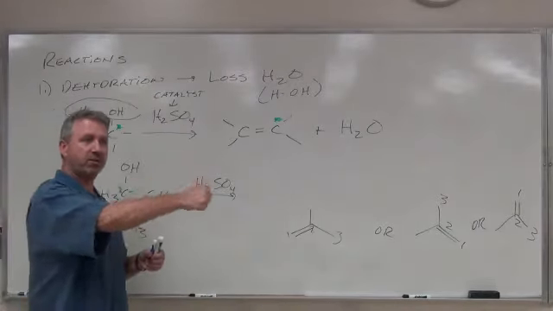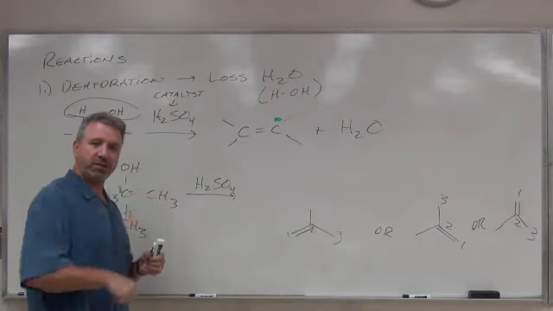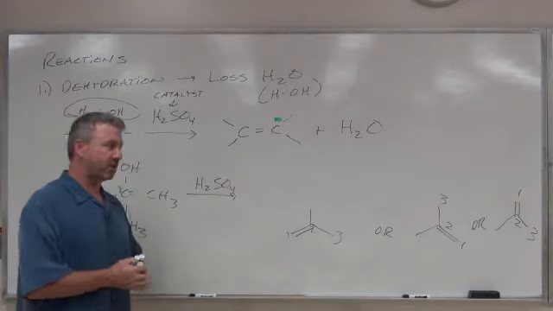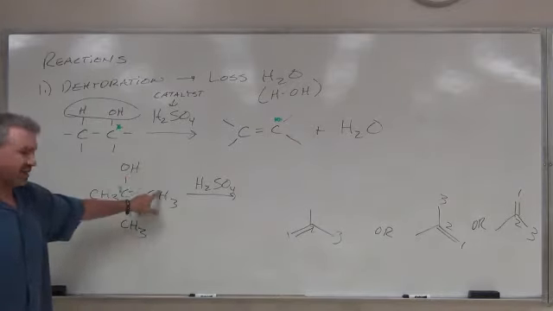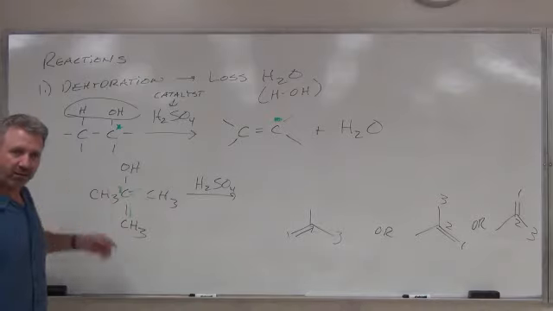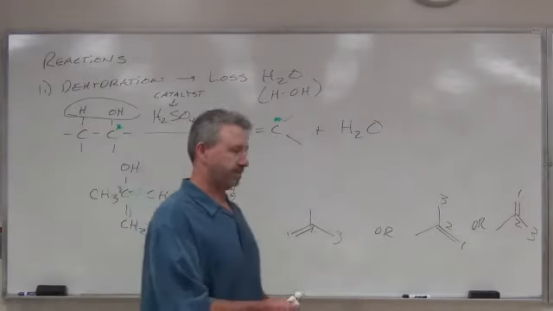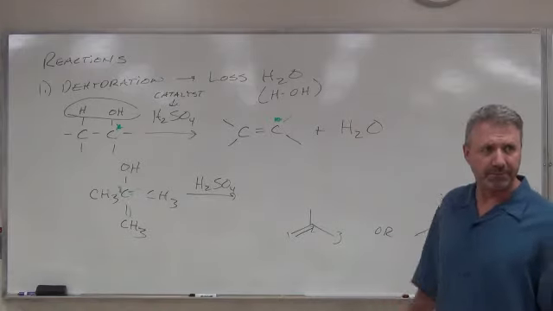Just find the OH group, get rid of it, go to the adjacent carbon that has hydrogens, remove the hydrogen and put the double bond across. Because you are making water, right? Which means that OH is coming from here. This is the source of the hydrogen for one. This is the source of hydrogen for another water. This is the source of hydrogen for the other one. So you're always losing water. Of course, these would have plus H2O. Right?